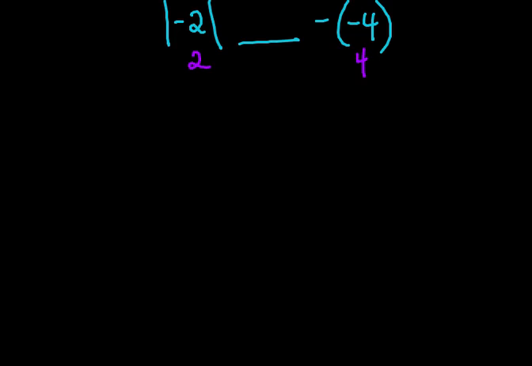Which one is bigger, 2 or 4? 4 is going to be my larger number, which means that the alligator mouth or the Pac-Man mouth is going to face the larger number. But what happens when I'm not quite sure which one's bigger? If I gave you a number like this,